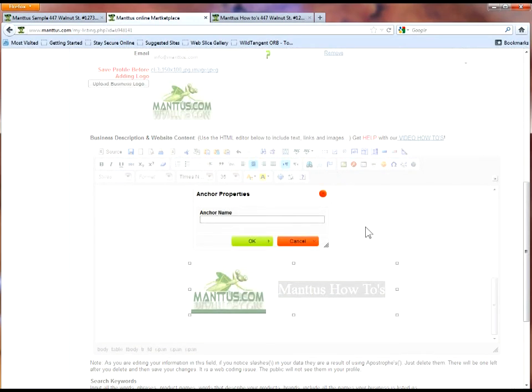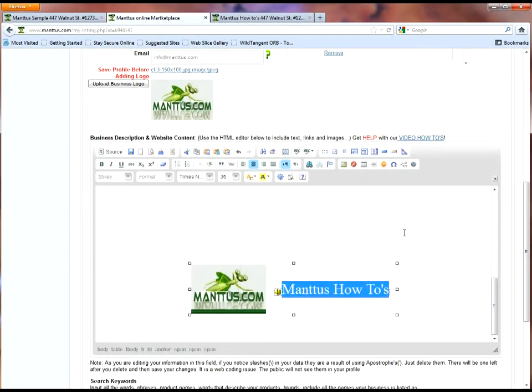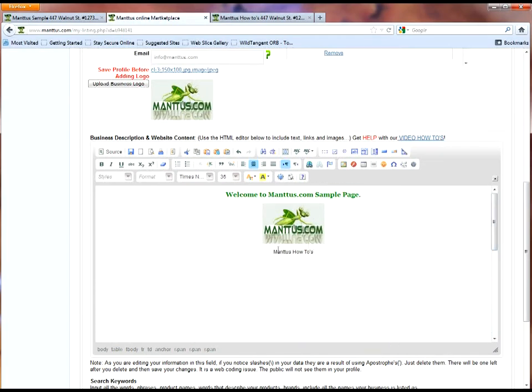You type in the name of the anchor. In this case, I'm going to make it how-tos and go OK. And you notice you'll put a little picture of an anchor there. So that text is an anchor to jump to from another location. Then we're going to jump up here to Mantis How-Tos and pretend that this is our table